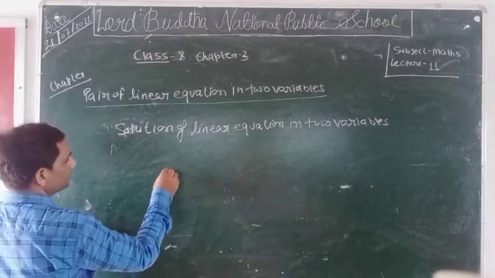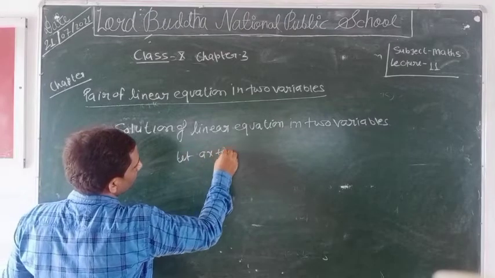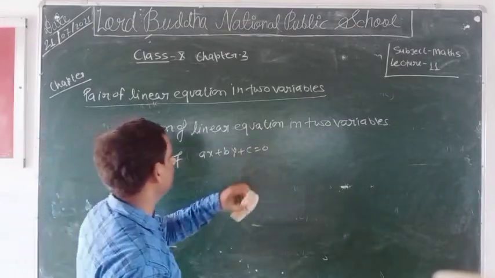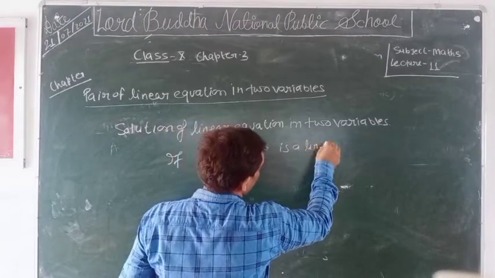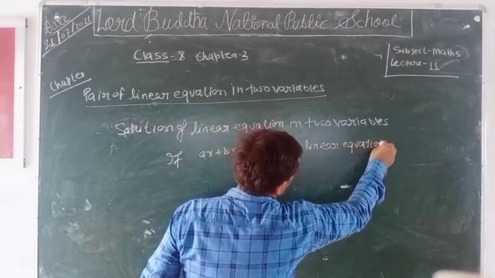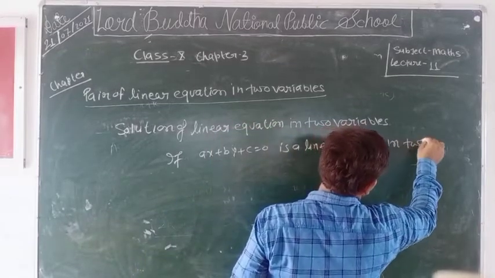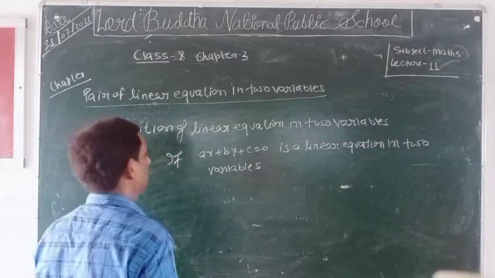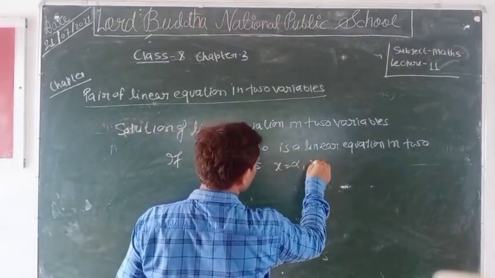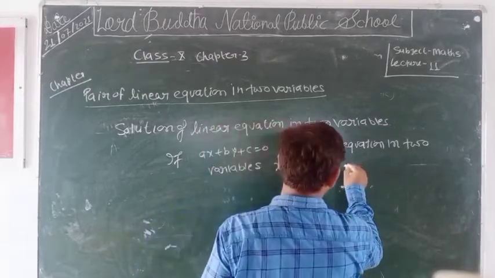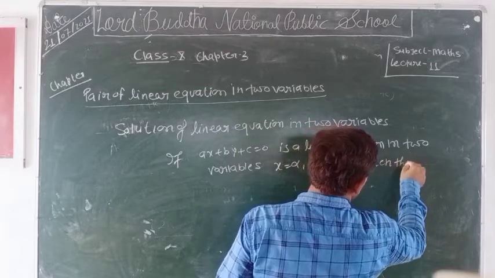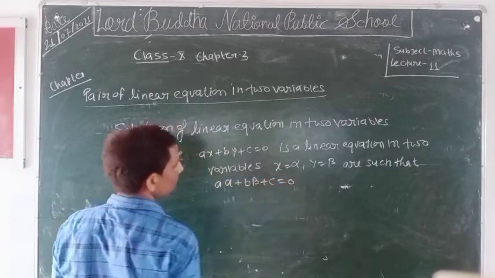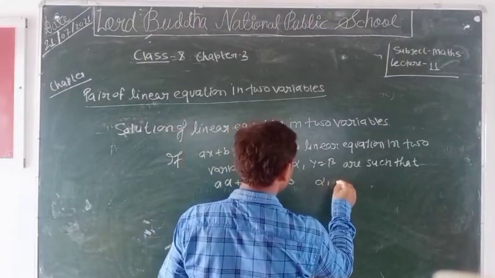Let ax plus by plus c equal to 0 be a linear equation in two variables, and x equal to alpha and y equal to beta are such that a alpha plus b beta plus c equal to 0,